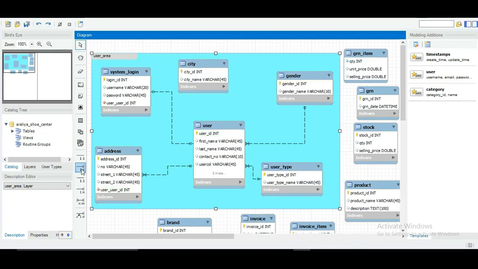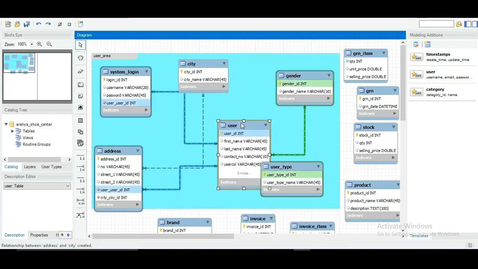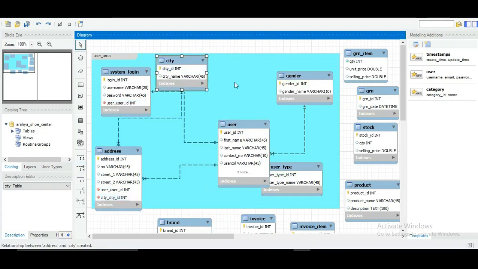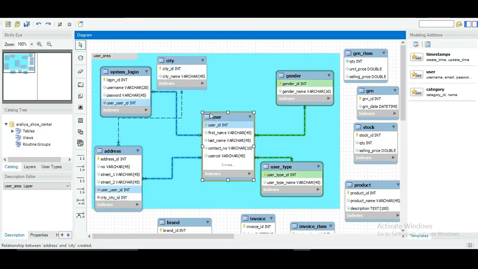So again, I need to click on this one-to-many button, and after that I'm going to first click on the address table, and after that click on the city table, and just like that you'll be able to see a one-to-many relationship like this between the address and city table.